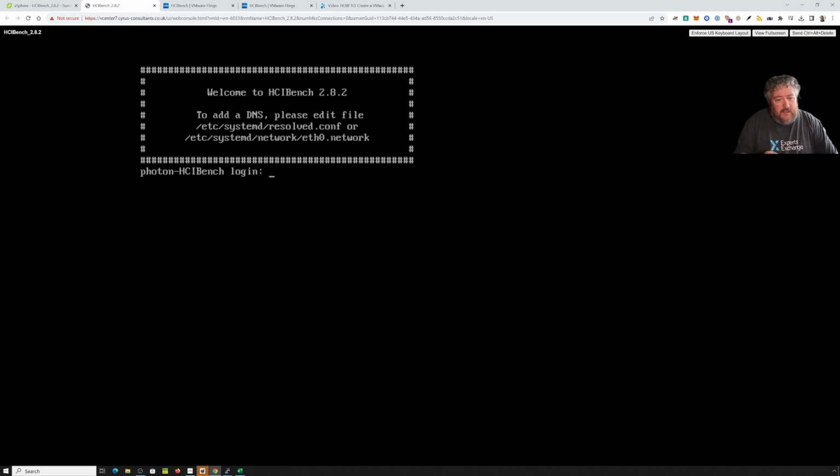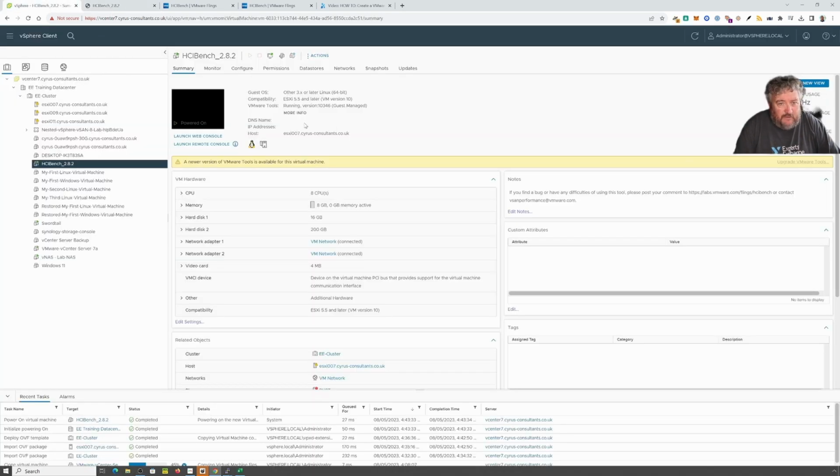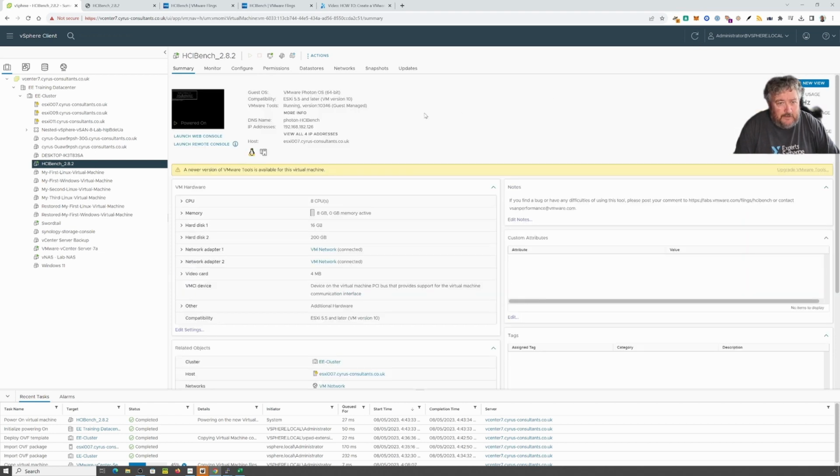But I'm going to hold off doing those tests because at the moment I'm cloning vCenter Server to our vSAN data store. So I don't want any other activity going on a vSAN data store while we conduct these benchmarks. So let's have a little look, see if we've got an IP address yet, because this is running on a DHCP network. So yeah, we've got 192.168